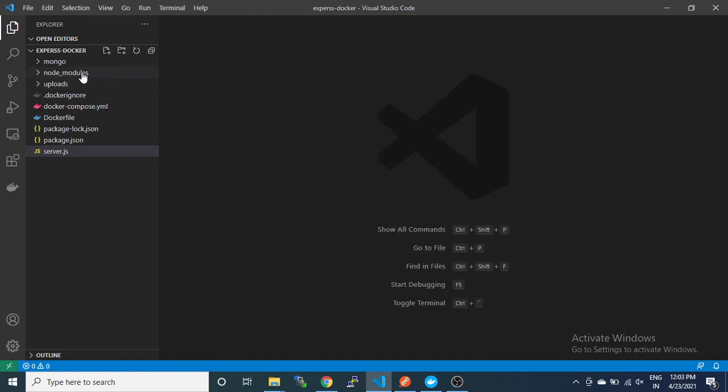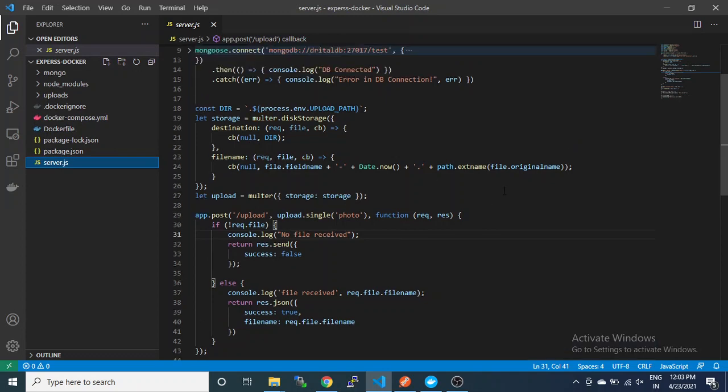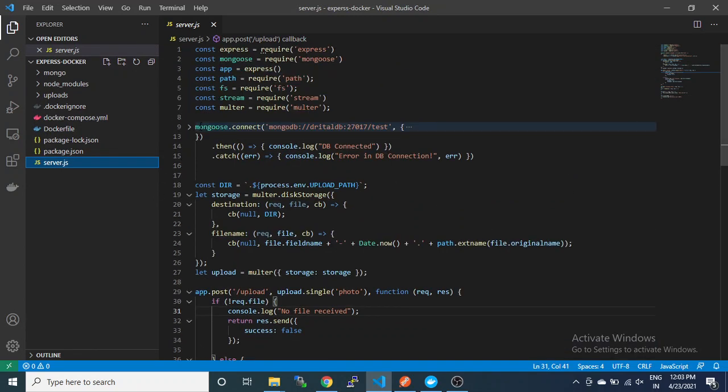You can see this is the sample example of the Express API with very little code. Only the MongoDB database is connected here. How to connect this MongoDB from the MongoDB container, I have made as a separate video. You can check it out in the playlist.